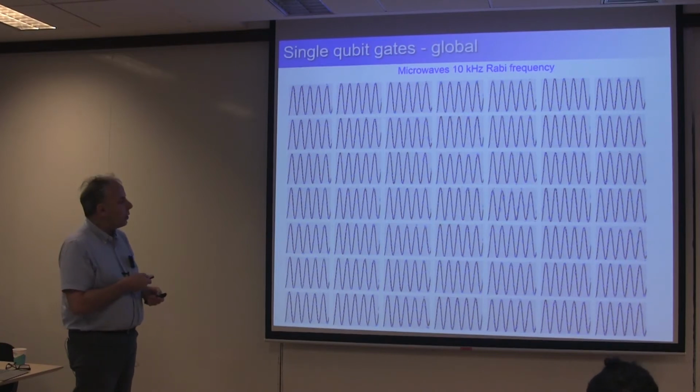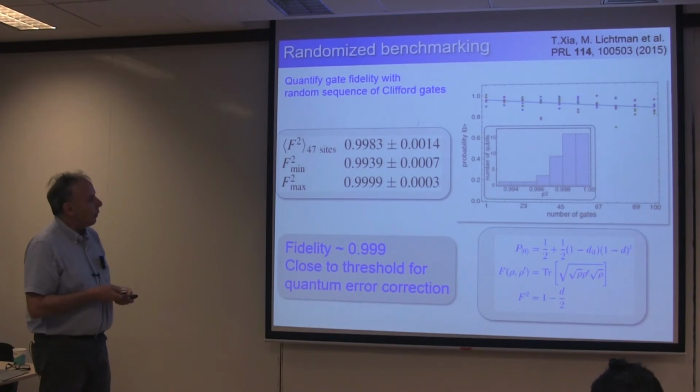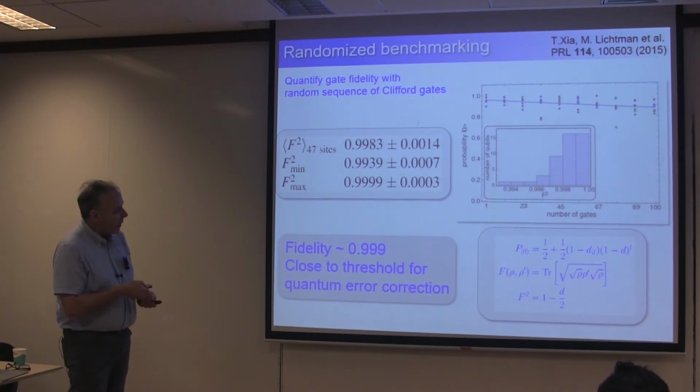We can look at this data a little bit more carefully and quantify the fidelity of these operations by doing randomized benchmarking. So we perform a sequence of random rotations, keep track of them, and then check that we end up in the correct spot. And then the error per rotation gives us an effective gate error. And we can hit about 3 nines doing this, so pretty good.